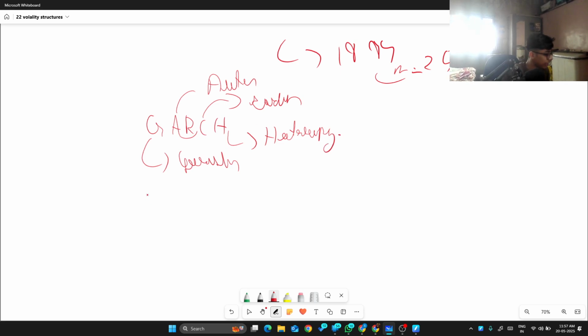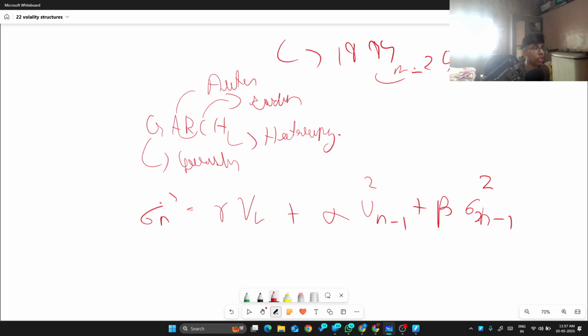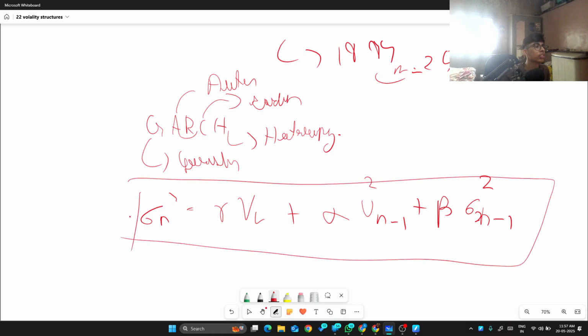Okay, and its formula is simple. We have some weight on the long-term mean with long-term variance, some weight on the lag value of the stock price, and some weight on our previous variance. And this is our GARCH 1,1 model,